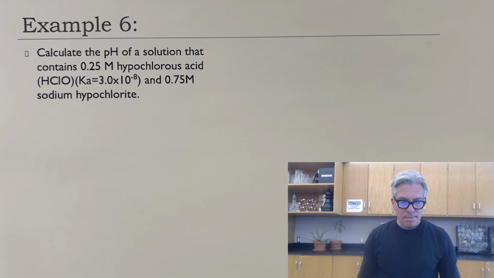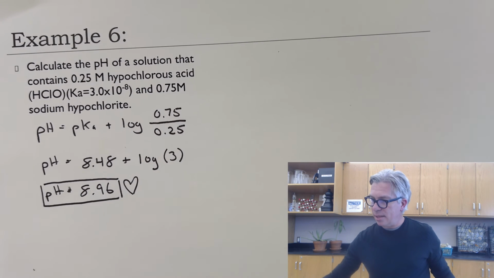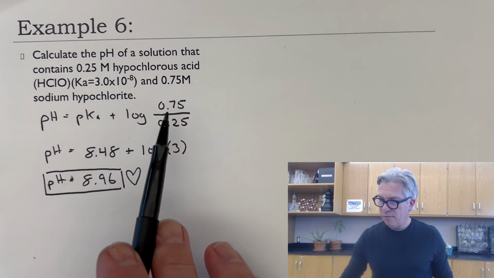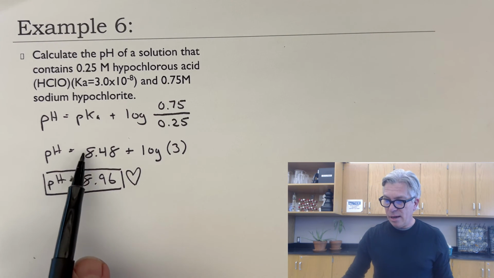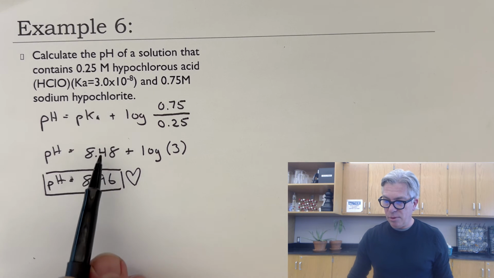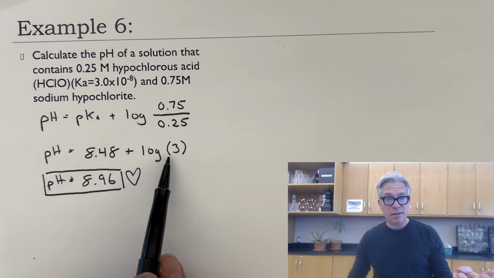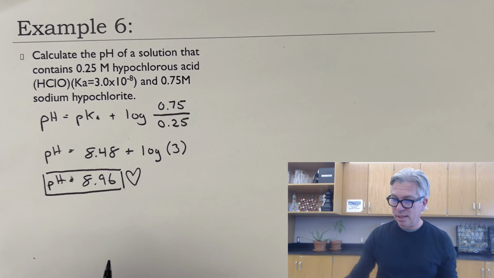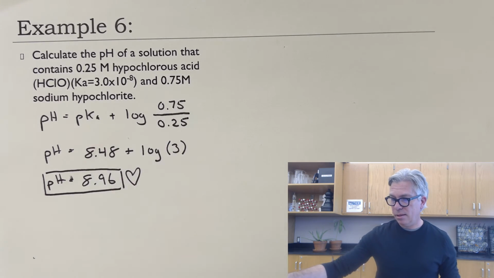All right, my solution looks like this. pH equals the pKa plus the log of 0.75 over 0.25. So this time we have more base than acid. The pKa of my HClO is 8.48. And I'm going to take the log of 3, which ends up being a positive value. So my pH ended up being 8.96, which makes sense to me because there's more base than acid in my